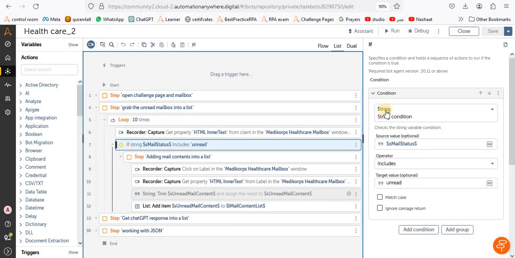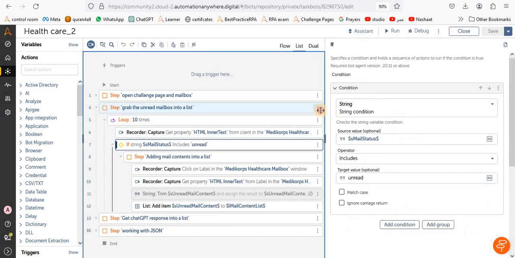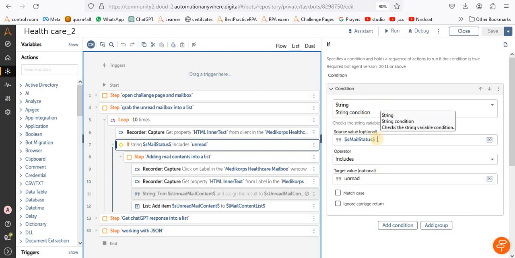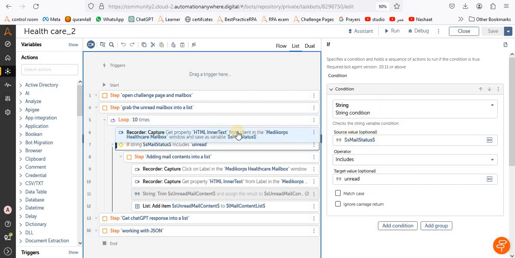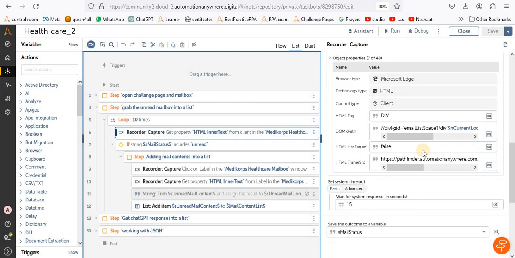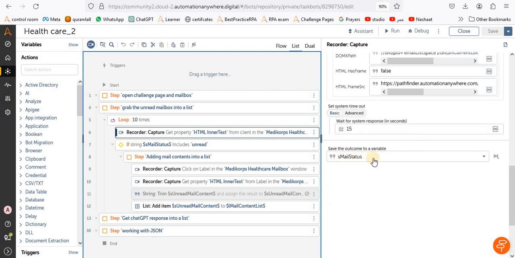Then I used my if condition here to check this. For sure, I store the output to the s mail status variable,